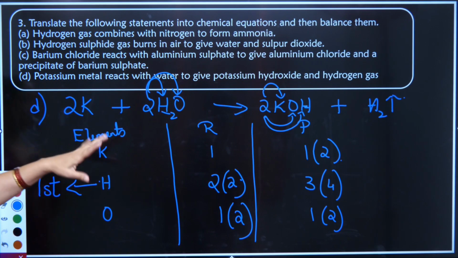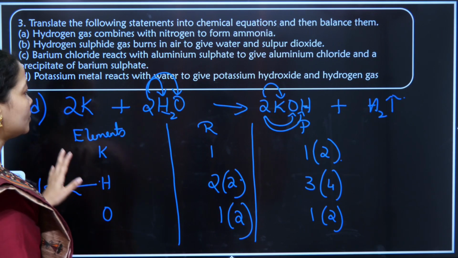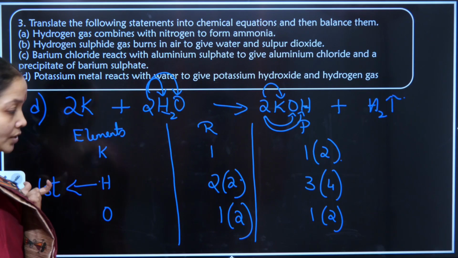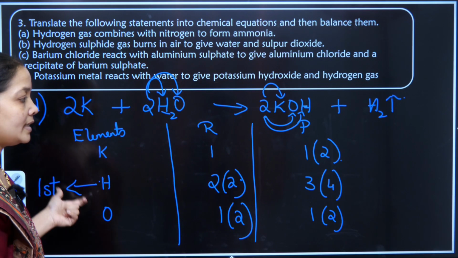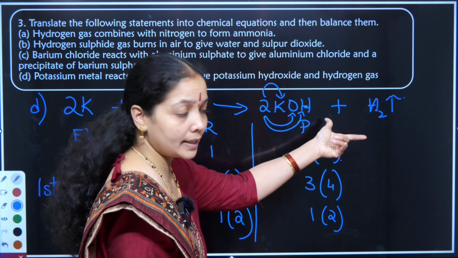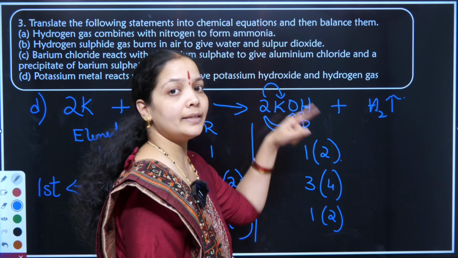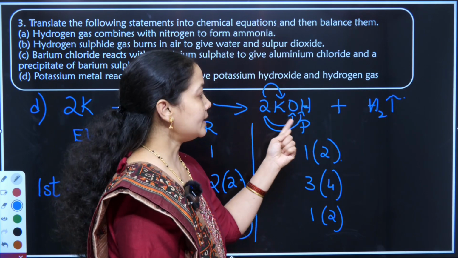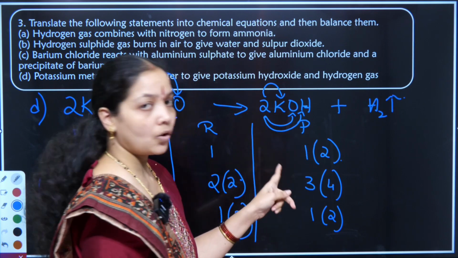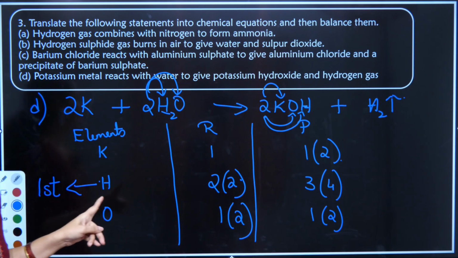So the reaction is already balanced now. What is the change that we did? I struck on hydrogen first. When I struck on hydrogen in the product side, it was 2 in one position and 1 in another position. I made it the next even number. That easily balanced all the other chemicals present in the reaction.